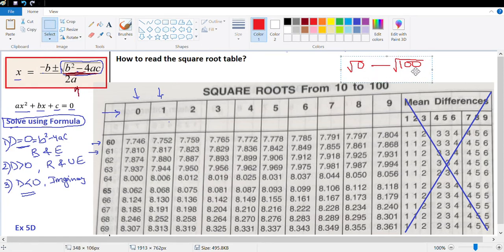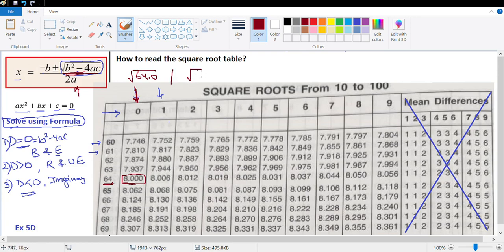Next, what are all these things which are written in the columns? What do they indicate? Let's look at a number. What is the square root of 64? Yes, the square root of 64 is 8. If I want to find the square root of a whole number, which means 64, if I look under 0, this is 8. So if you're looking at the first column, this will give you the square root of 64.0,